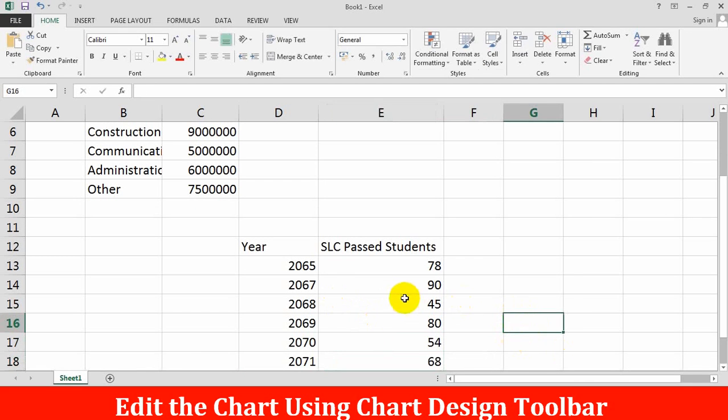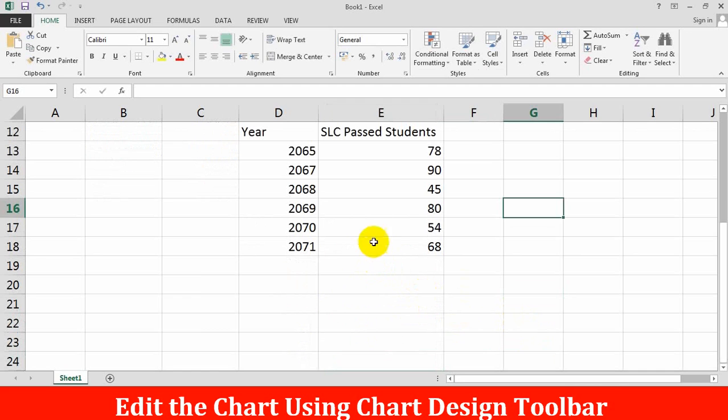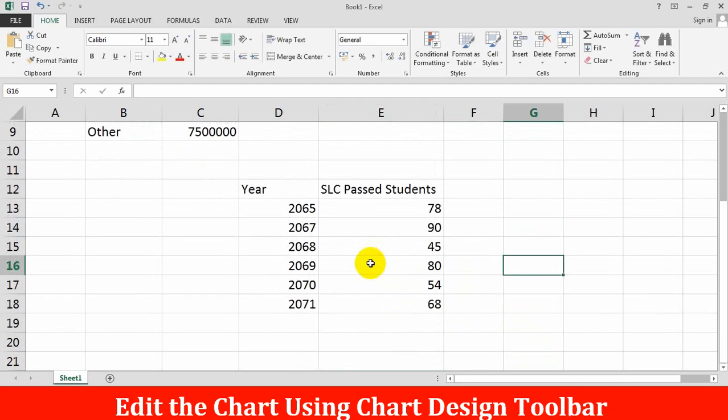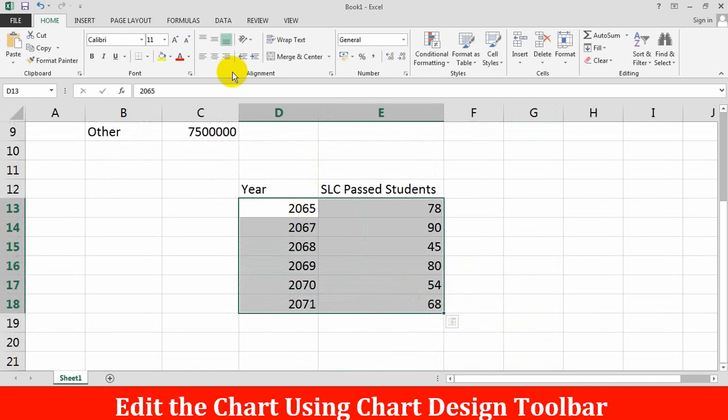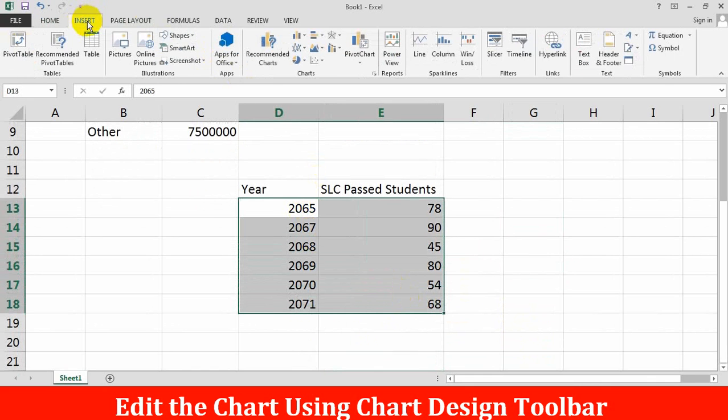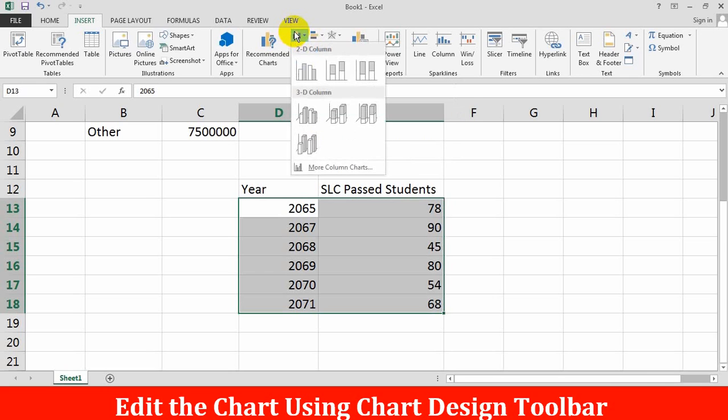Now let's display this data in a chart. Select the data, go to the Insert menu tab and click on it. Click on any chart style. In which style do you want to display? For example, I have chosen the column chart.